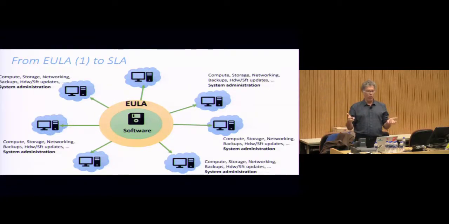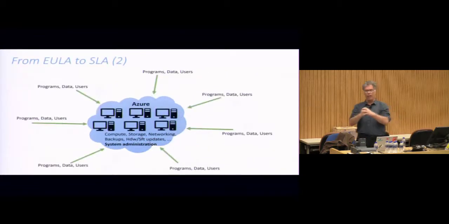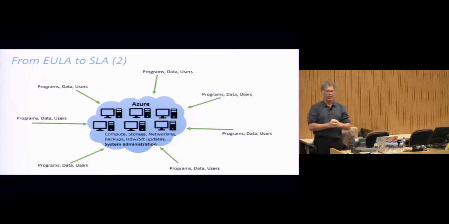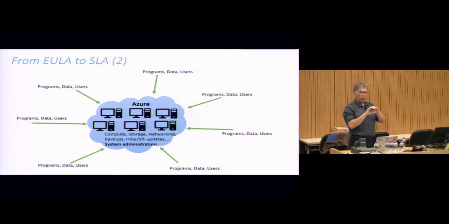We still do sell software the old way, but if you haven't been paying attention, we've transitioned and in some sense take all those PCs and glom them together and distribute them in data centers around the world, and Microsoft now owns a really big distributed computing system. Sure, there's still the PCs out on the edge, but Microsoft has transitioned from really being a pure software provider to owning a huge supercomputer called Azure, which is a huge number of data centers around the world linked together in networks. And we take care of the compute, the storage, the networking, the backups, the system administration.